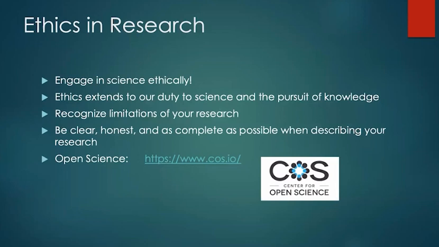And there are new and useful ways of doing this. One of these is the Center for Open Science. The Center for Open Science is a way where you can, for example, pre-register your research, so that as you're going through the research process and developing your predictions, you can register those predictions on the Center for Open Science page, and then have it recorded that here's what you expected to find. Then you do the study, you analyze the data, and you see, was I right? Was my prediction upheld? This is an important way so that we can